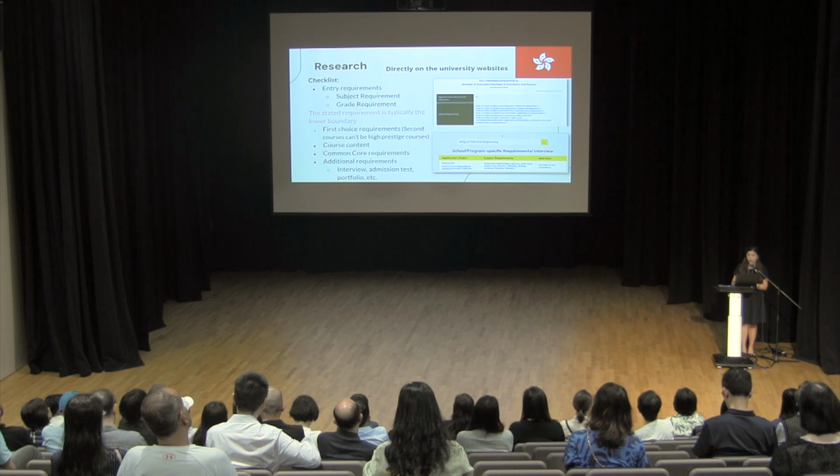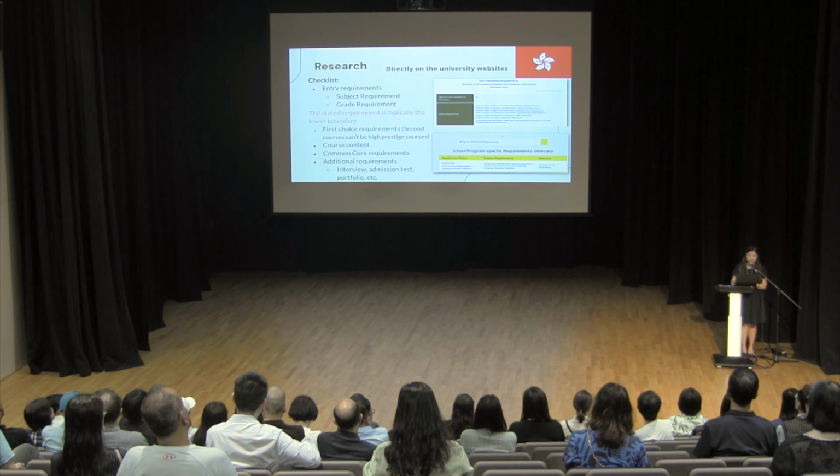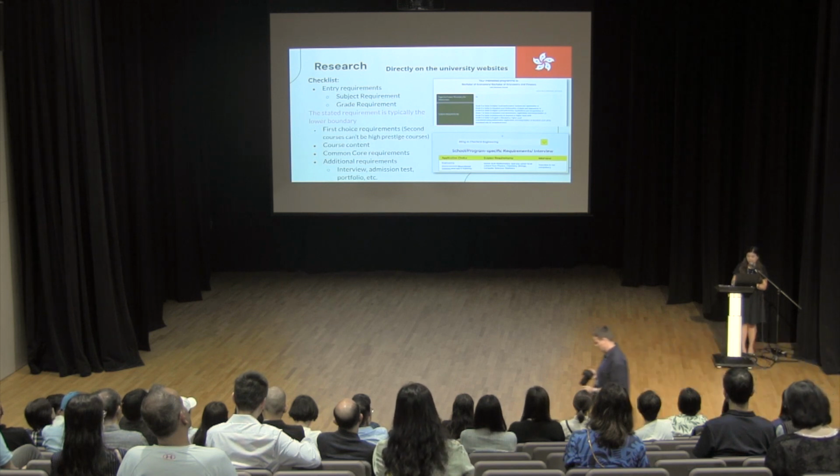Some universities have more freedom, where you can do an interdisciplinary major-minor, while at some universities you can only take a major-minor within the same faculty. So that's also something you can look out for if you're looking at Hong Kong universities. It's also good to take a look at the common core requirements. Again, as mentioned, there are language requirements and IT skills requirements that you need to complete before you can